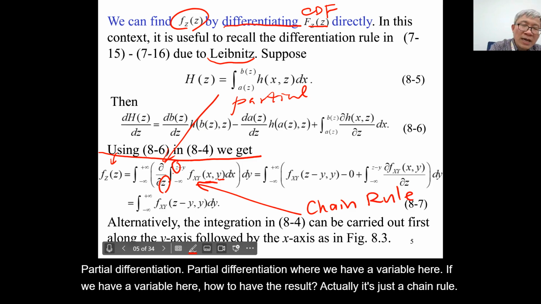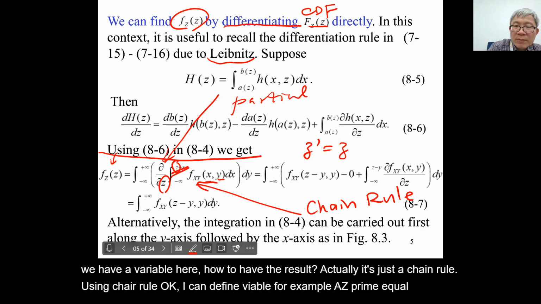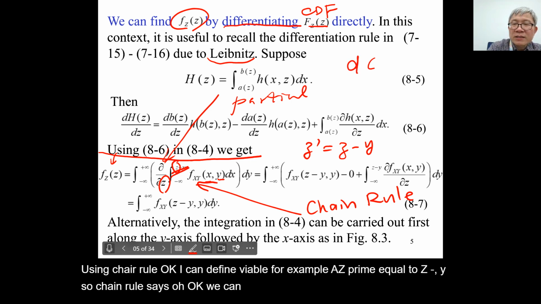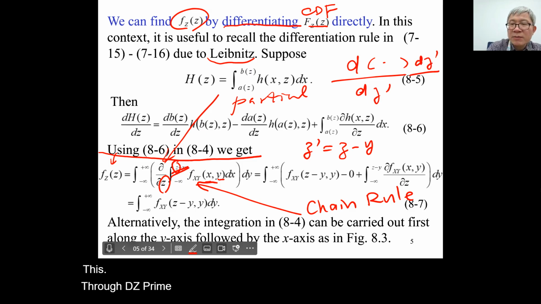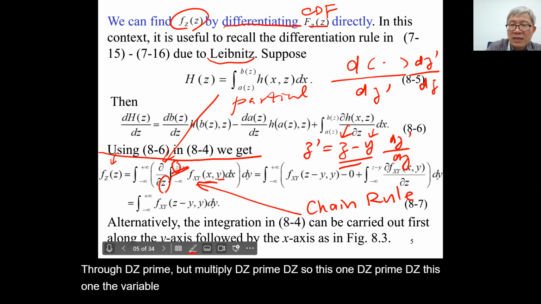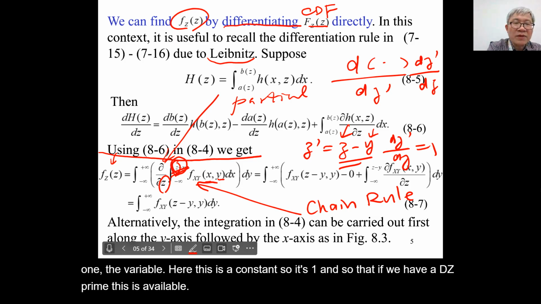Using the chain rule, I can define a variable, for example, z prime equal to z minus y. So the chain rule says we can perform this through dz prime, multiplied by dz prime over dz. For this one, dz prime over dz, the variable here is a constant, so it's 1. And so if we have a dz prime, this is a variable, through the theorem